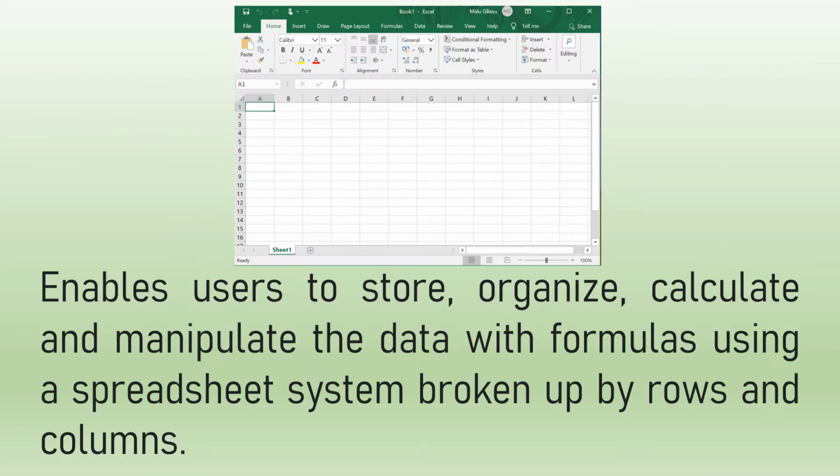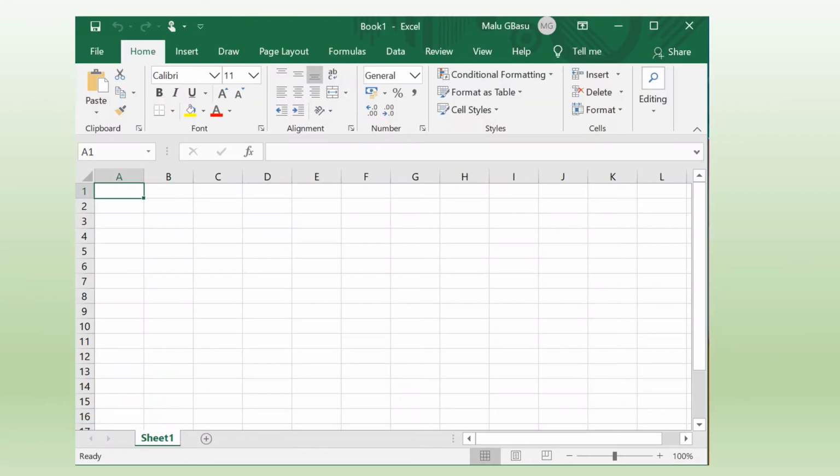So this application software enables the user to store, organize, calculate and manipulate data with the formulas using a spreadsheet system that is broken up by rows and columns. I will show you what the rows and columns mean here. So you can see this spreadsheet over here. Now you can see here